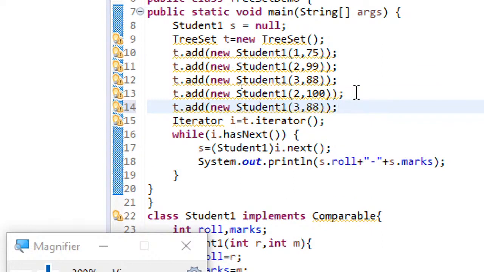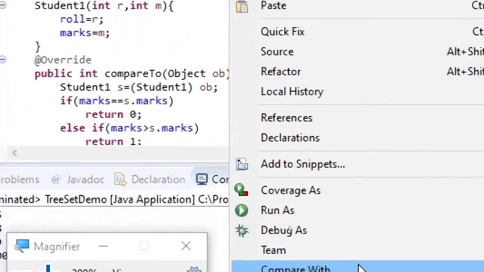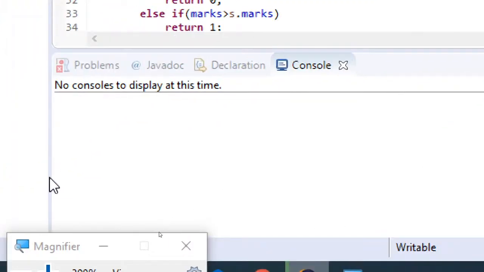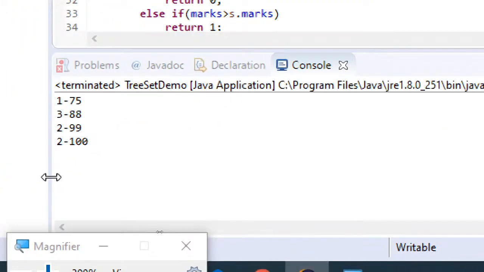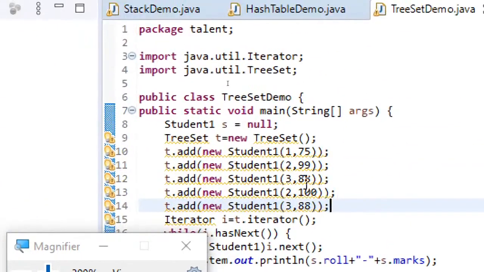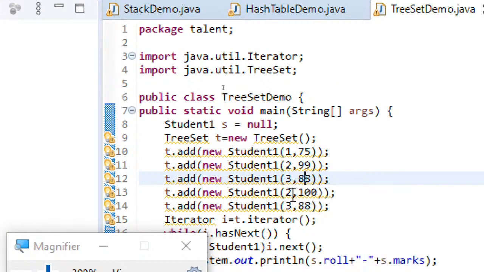We will see the key value pairs also now. So you can see 3 and 88 not printed twice, even though we have inserted twice. So that's the difference here. Record, it's not a single element. That's the reason you can see this particular thing being repeated, but this is not being repeated. So this is what you just need to remember with regard to the tree set.